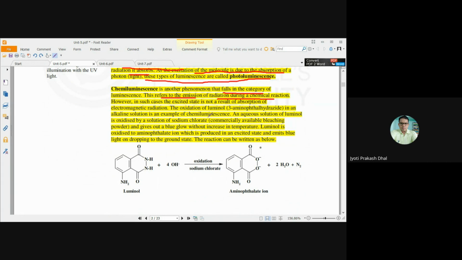One example is the oxidation of luminol. This molecule is luminol. If luminol undergoes oxidation in an alkaline solution,